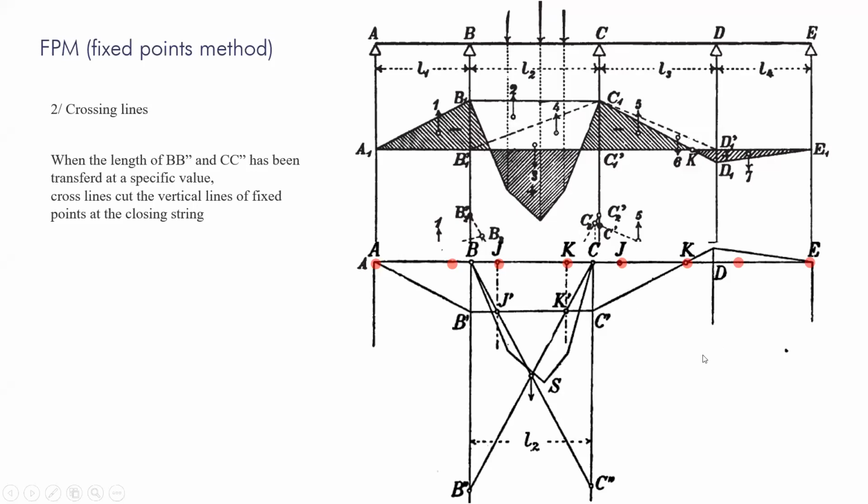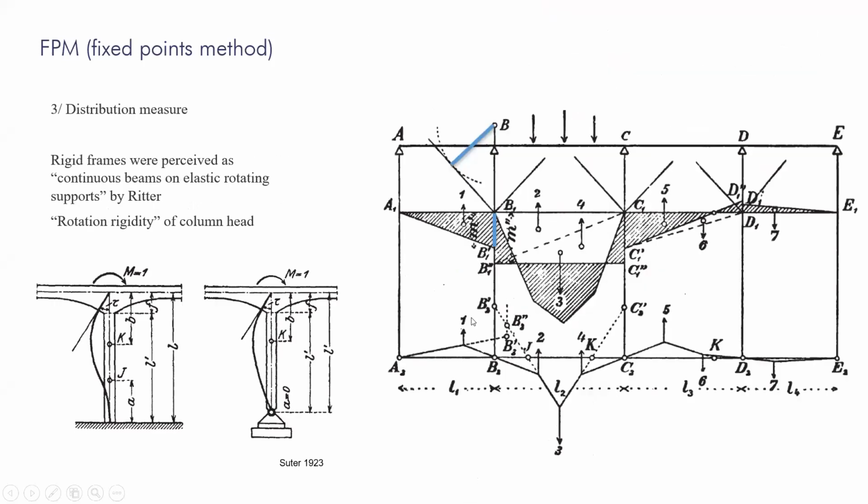Then you will have to propagate all these forces in between all the terms, and that will give you several closing strings that will define the final state of the system. And of course, you will have to take into account the rigidity, so the stiffness of the bars, of the several spans, and of the column, to define this system. You can see that it can become very complex, and here you have the full graphical solving of the problem